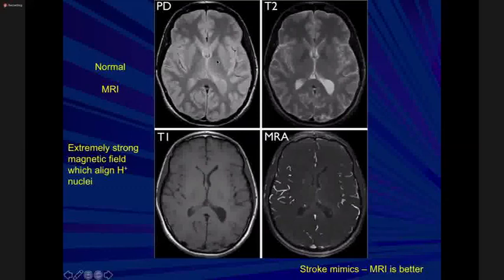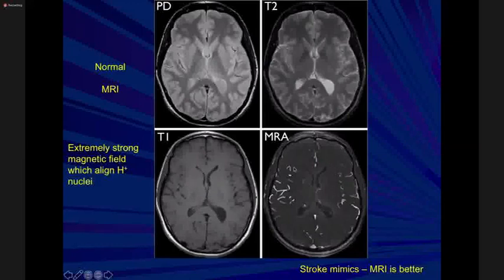We describe this as the T2 film, where the CSF would appear white, and this is a T1 film where you see that CSF is black,